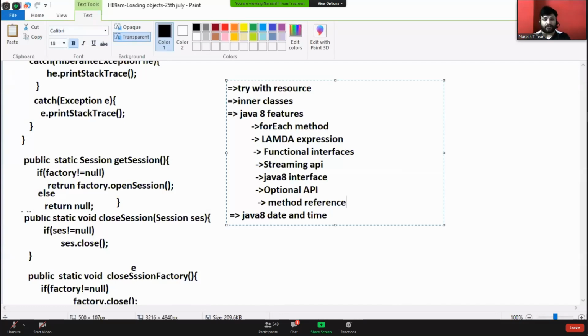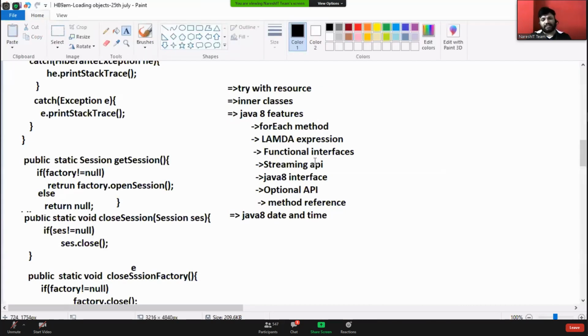Not the Calendar class, that is old. It's not LocalDate. I'm talking about Java 8 date and time. Try to revise these concepts as early as possible so that we can start utilizing them in our application